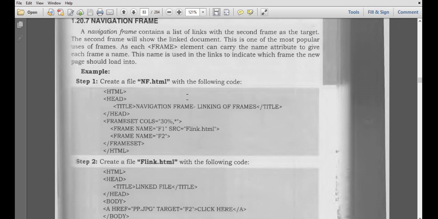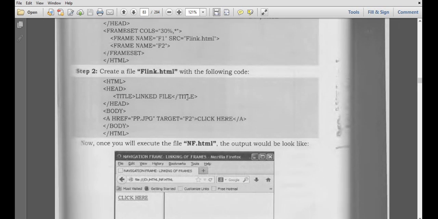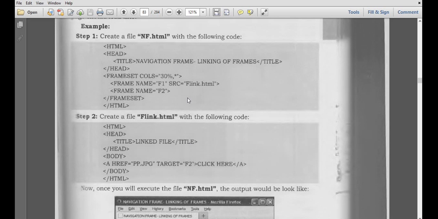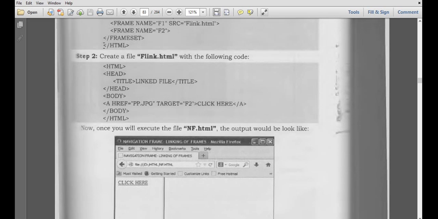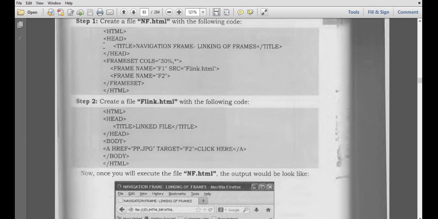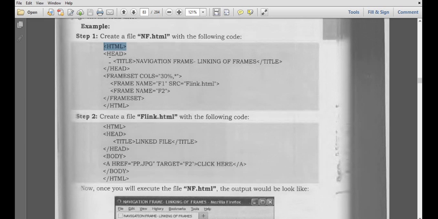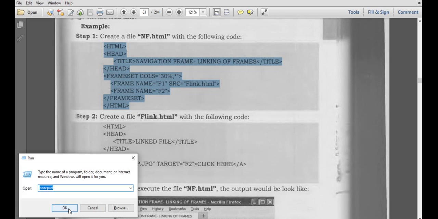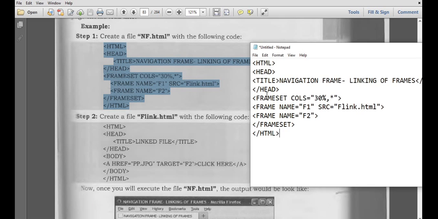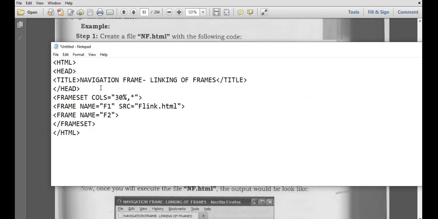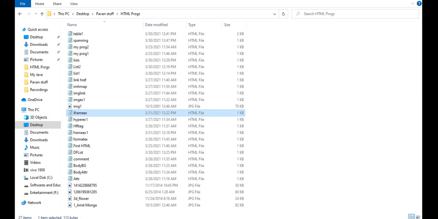And navigation of frames from one frame to another frame, how to navigate. So here we have two frames. First program, Control C. I'll go with one more notepad file. Here this is the first program, frame f1, source flink.html. So instead of flink I am going with